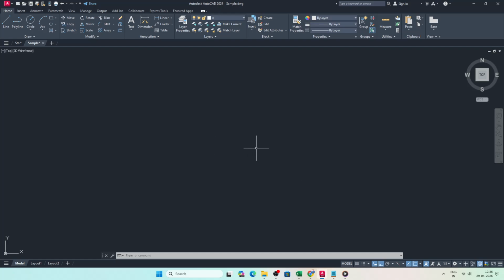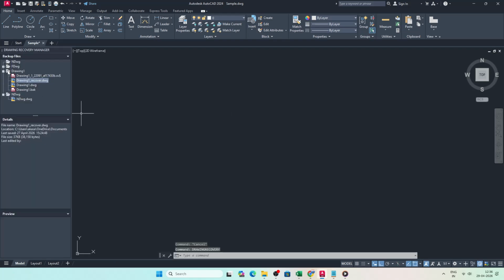When you relaunch the program, a panel called the Drawing Recovery Manager usually appears automatically. This panel scans for recoverable versions of drawings from the last session. If you don't see it, type Drawing Recovery in the command line and press Enter. In the panel, locate your drawing name, then double-click the listed backup to open a recoverable version so you can